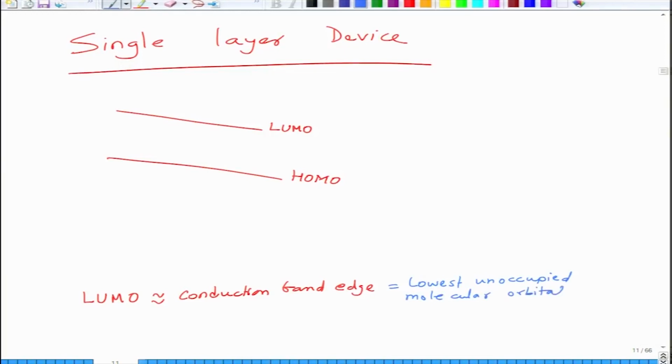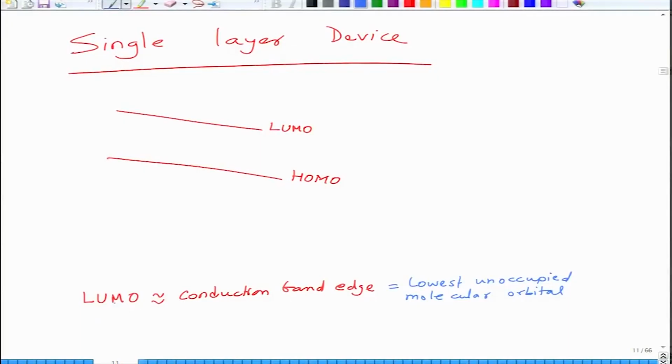orbital. See, these are not ordered materials. That is why band theory isn't really applicable to them, because they are aperiodic materials. So we talk in terms of molecular orbitals instead of energy bands, but there are certain similarities one can make. The lower one is called HOMO, which is similar to the valence band edge in inorganic materials, and it stands for highest occupied molecular